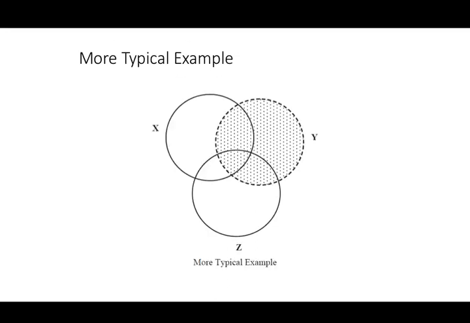So in this third example, this is actually what you're most likely to see when it comes to using predictor variables and outcomes. In the very first slide we saw there was no relationship between X and Z. In the second slide we saw a very high correlation between X and Z. Most of the time what you're going to see is a small overlap between X and Z. If you're doing a pretty good job, this is the more realistic picture. And what that means is that sometimes